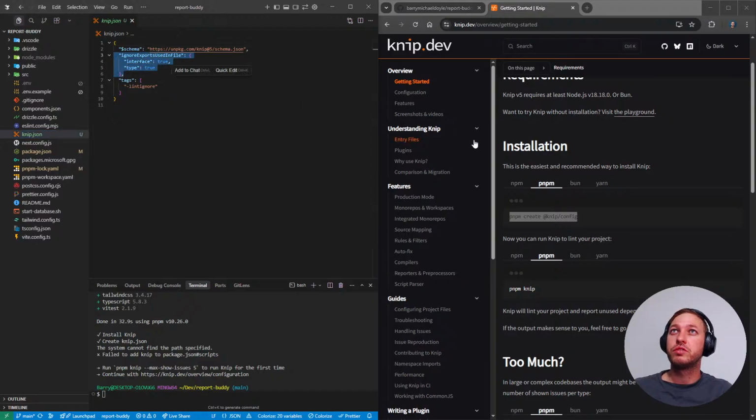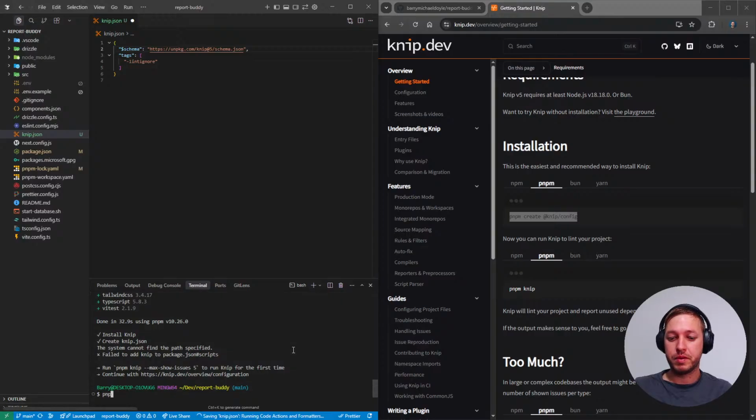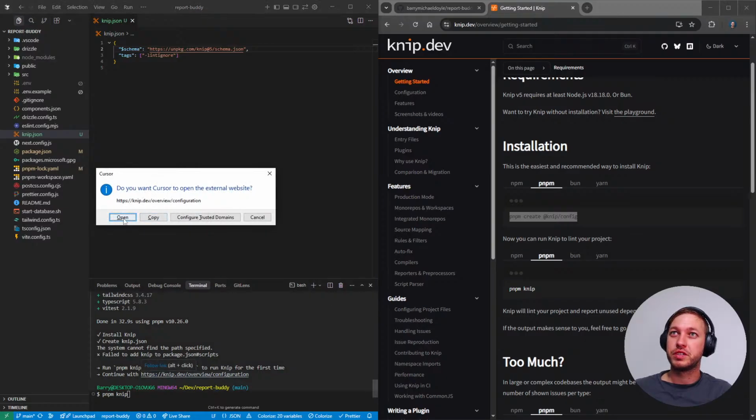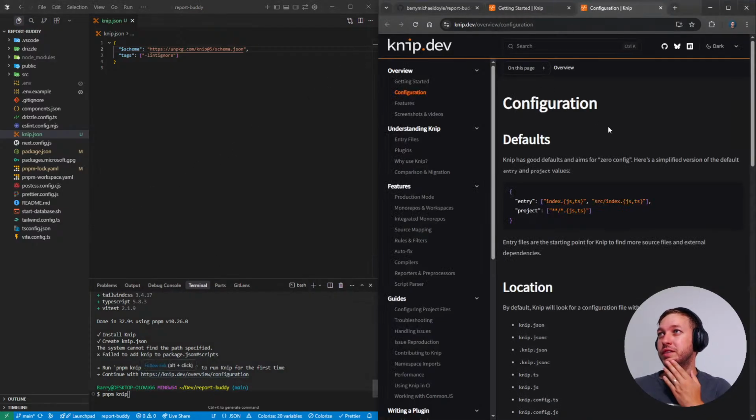I don't want to ignore unused and file types. I want to actually also keep those as well. So yeah, now we're gonna run npm Knip, and it's gonna tell me everything that is wrong with my project, I think. Although I should also probably continue with the configuration. Yes, open this here. So you have your project, your entry point,